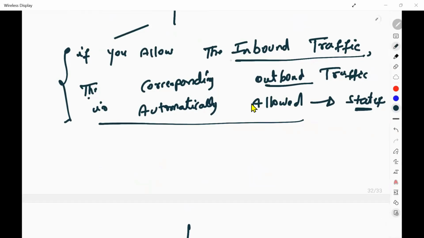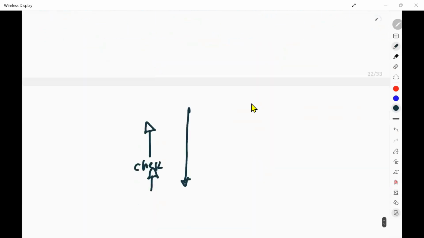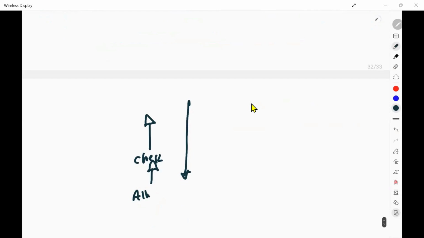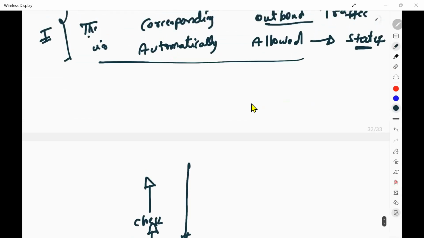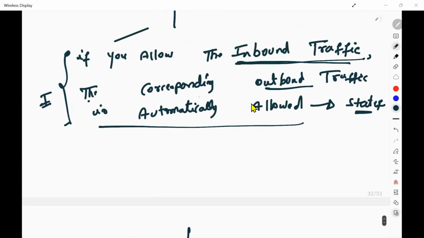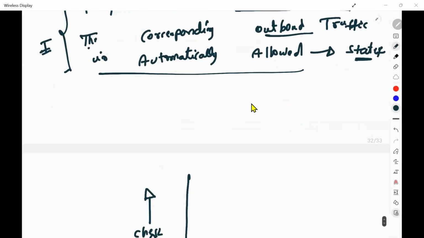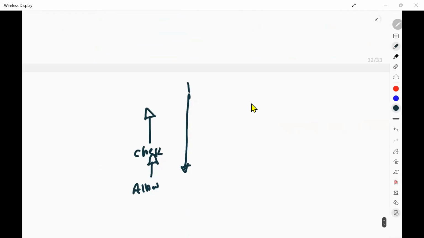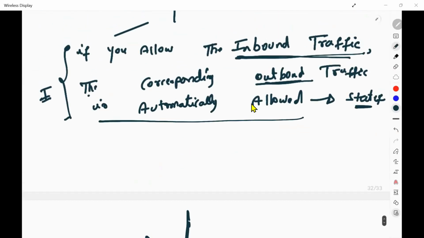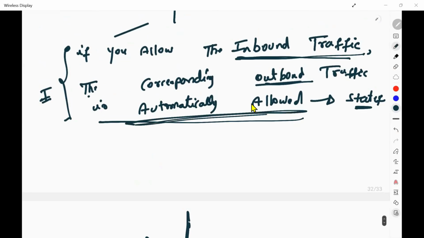If you allow the incoming traffic to your EC2 instance, then I'm allowing this person. Correct? If you allow inbound traffic to your EC2 instance, then outbound traffic, while going back from your house, is automatically allowed.